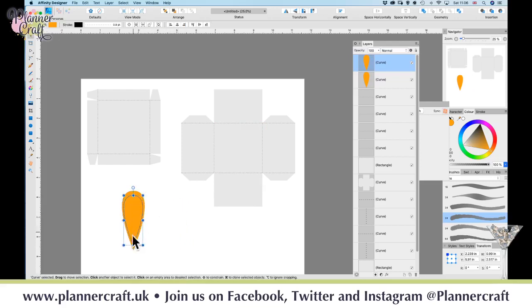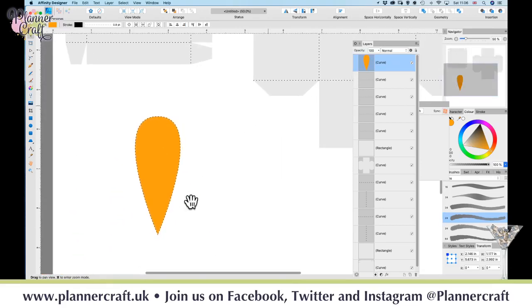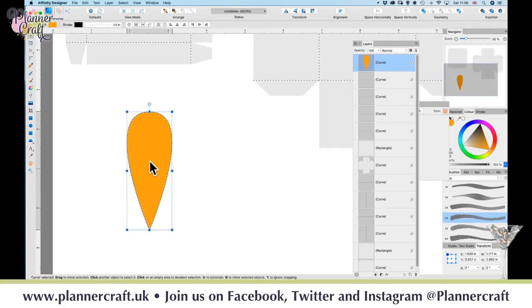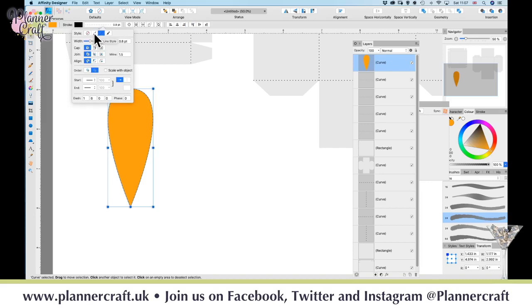Now if we do this, we can see we've got a lovely curve that's a bit thinner here and a bit thicker here. So let's say you want to do an offset instead, and you're wondering how do you do it. So in Affinity it doesn't have an offset command yet. So what you need to do is you need to do it through your stroke. So you're going to change it so it's a straight flat stroke,